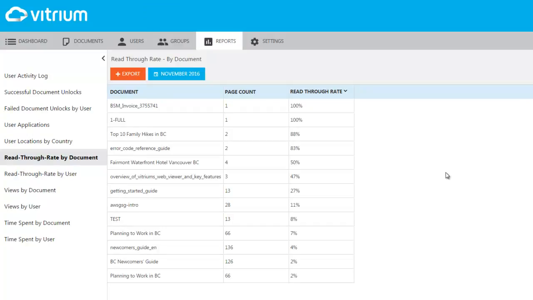The read-through rate reports are great ones to provide insight into how your users are consuming your content. Are they reading through the entire document that you send them? What pages are they reading? Be sure to select your date range from up here, and you can even drill down into specific documents to